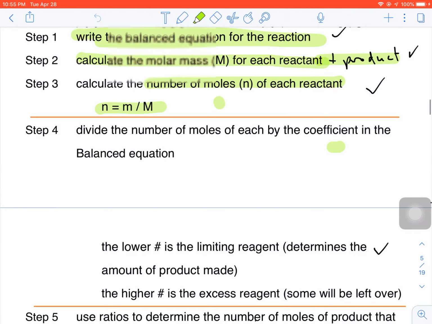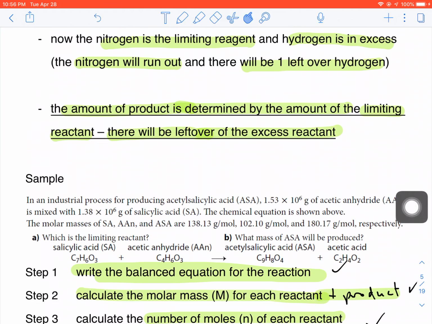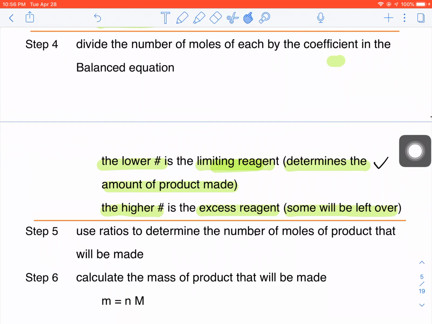The note tells me that the lower number of the two is the limiting reagent. The higher number is the excess reagent, which means some is going to be left over. Now remember what I said a minute ago, the one that's limiting here is the one that determines how much product I'm going to get, because it will run out first. When it runs out, I can't make any more product. So all the way back here, the amount of product is determined by the limiting reactant. So step 4 says decide which is limiting by looking at the lower